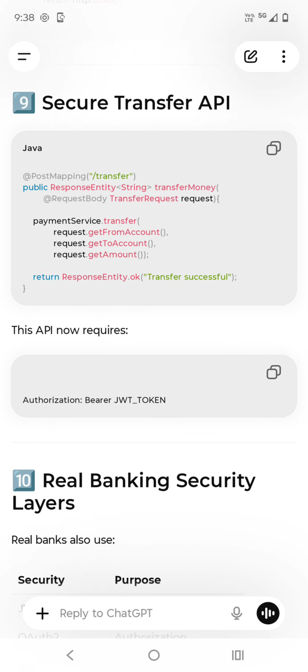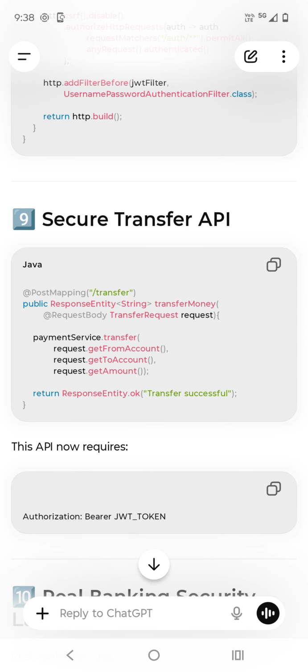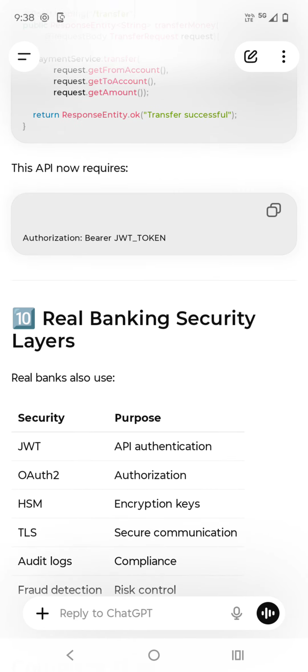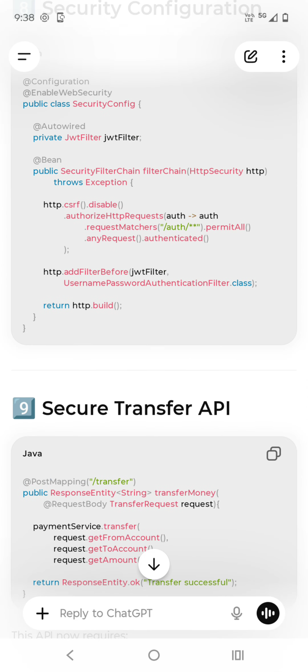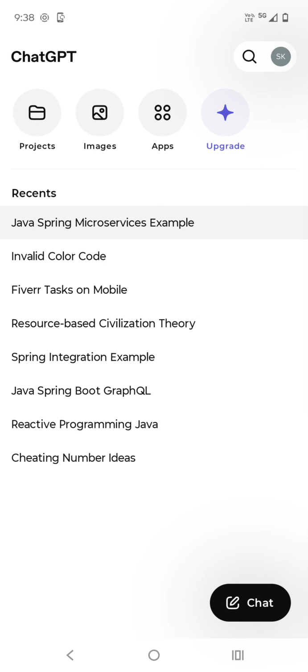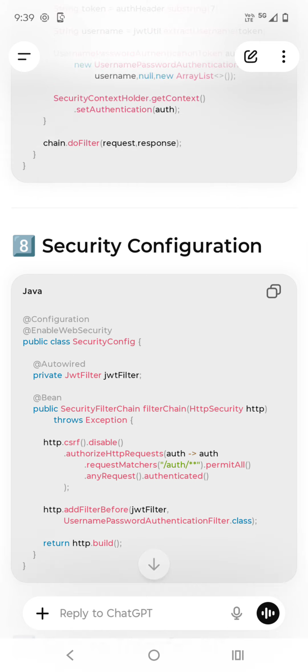Then only your actual endpoint, the transfer endpoint, will be executed. You can see here, we have the @PostMapping /transfer, transfer money, and the request is coming, and now this particular endpoint will be executed and the response will be rendered. So that is how the security will work for banking systems, for banking applications,